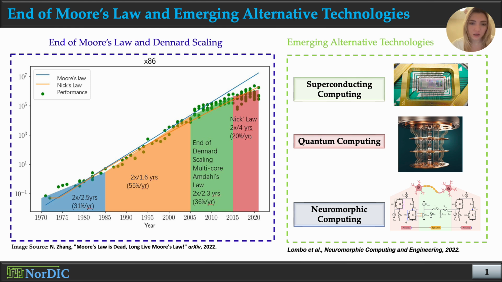The end of linear scaling and Moore's law impacts the entire technology sector, particularly the creation of artificial intelligence models, which demand a lot of processing power. Therefore, alternative technologies such as superconducting computing, quantum computing, and neuromorphic computing are being explored as alternatives to conventional semiconductors to attain higher processing speeds, reduced energy consumption, and enhanced computing performance. By simulating the neurosynaptic dynamics of the brain, neuromorphic systems provide an energy-efficient substitute for conventional semiconductor technologies.